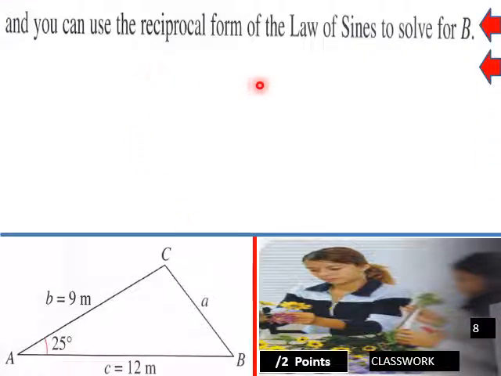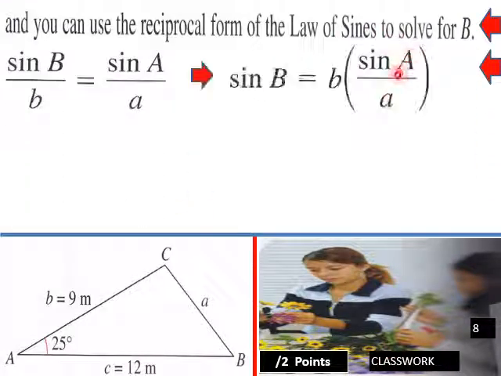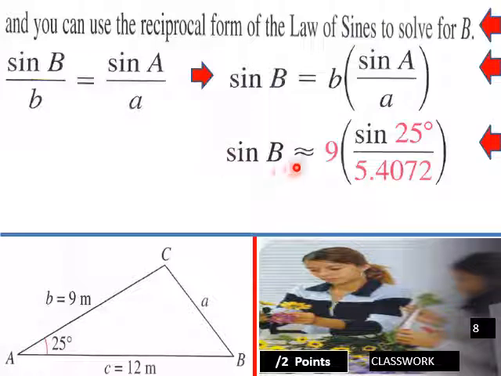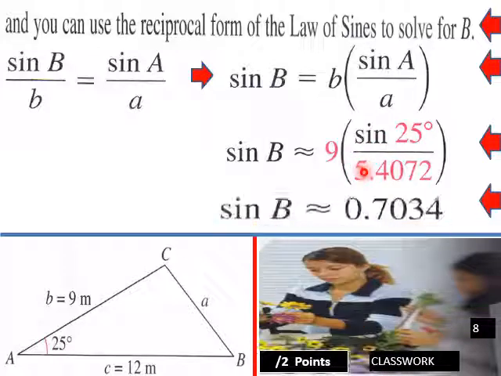And you can use the reciprocal form of the law of sines to solve for B. So sine B over B equals sine A over A. Therefore sine B will equal B sine A over A, solving for sine B. And then we plug in the values that we know. Sine B will equal 9 times the quantity sine 25 degrees over 5.4072. Sine B will equal